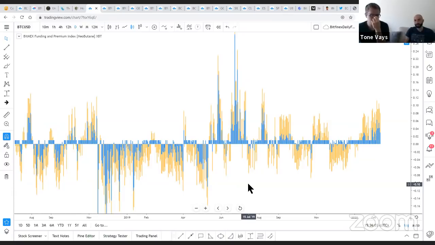At the top, you could see it on Binance a lot, and then Huobi, all the Chinese exchanges. The other thing that funding rates give you as a signal is that traders, especially on BitMEX in this case, because this indicator is just for BitMEX people, are overexposed to either the long side or the short side. So it's a prime territory for short squeezes or long squeezes, especially when open value or open interest is high